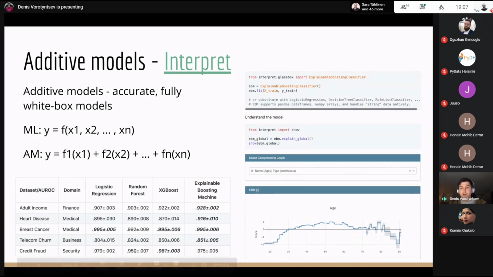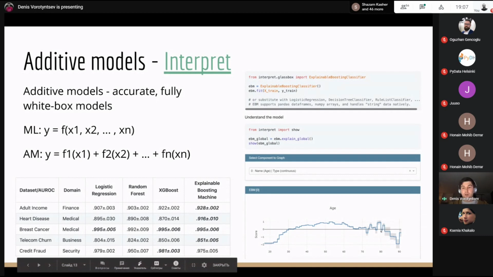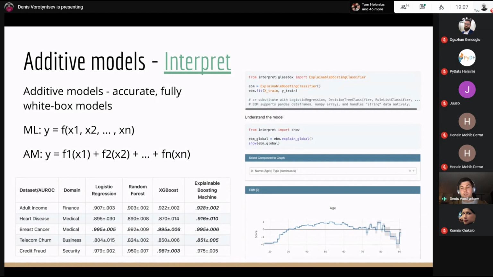For example, here for 80 years, the output of the model would be 0. But if you are 79, it would be something like +1. And if you're 82 or 83, it will be plus 0.5. Of course, it's not desirable. We want our shape functions to be smooth, and it is a sign that probably in the training data we don't have enough training points, and we may actually correct this shape function.